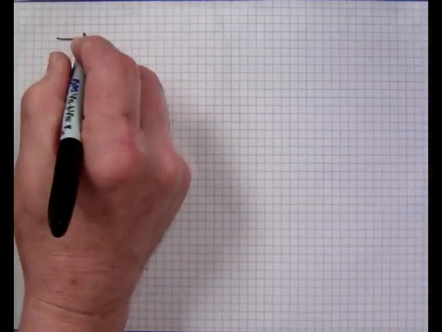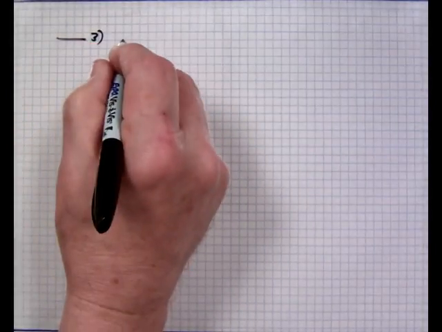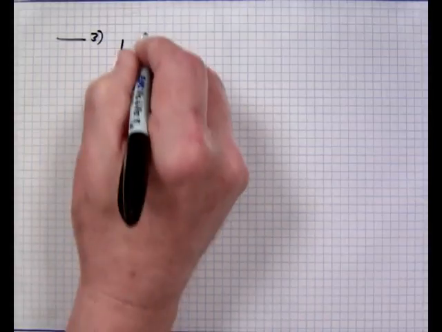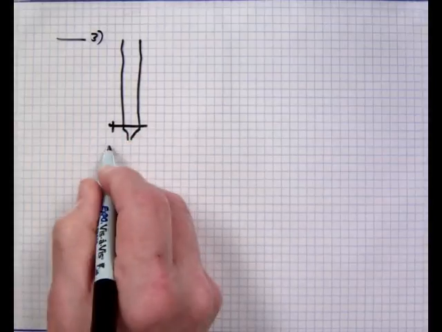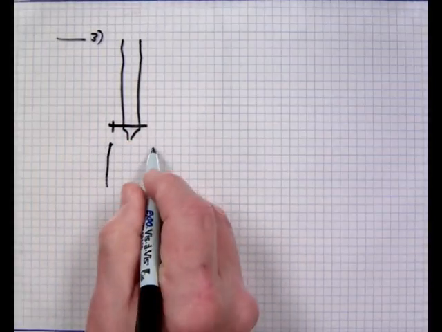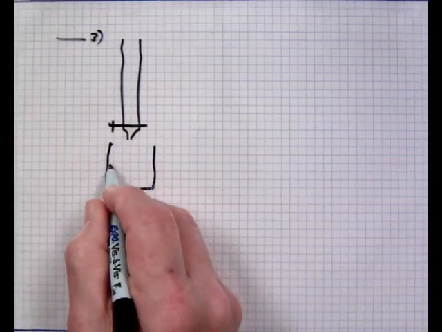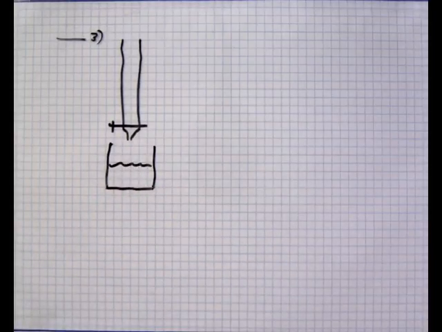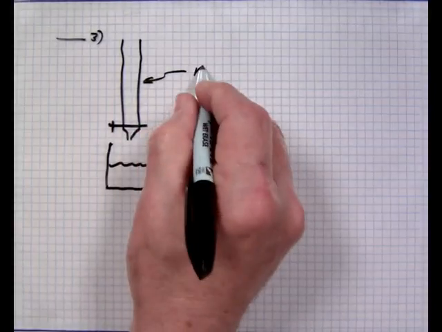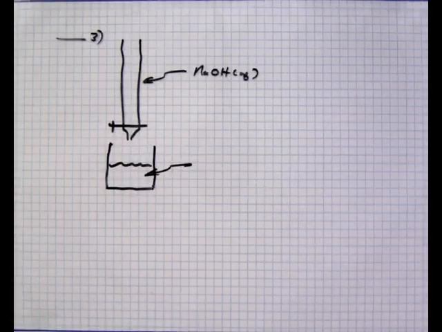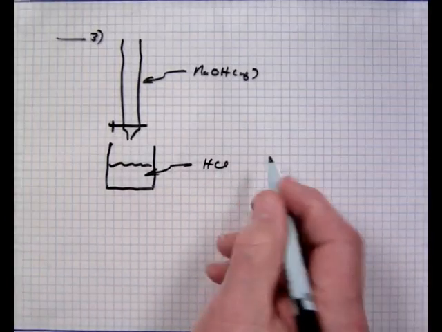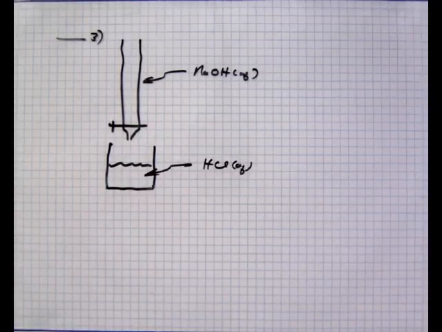Okay, number 3 here. And I've done this several times already, and I don't think it is overdoing it to do it again. The problem specifies that you are adding sodium hydroxide aqueous solution into a specified volume of HCl aqueous solution. And they want to know what the limiting reagent is before you get to the